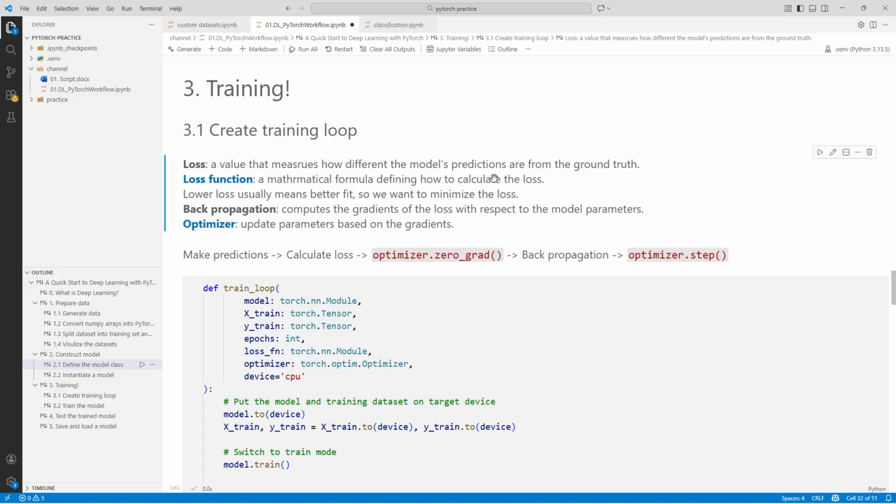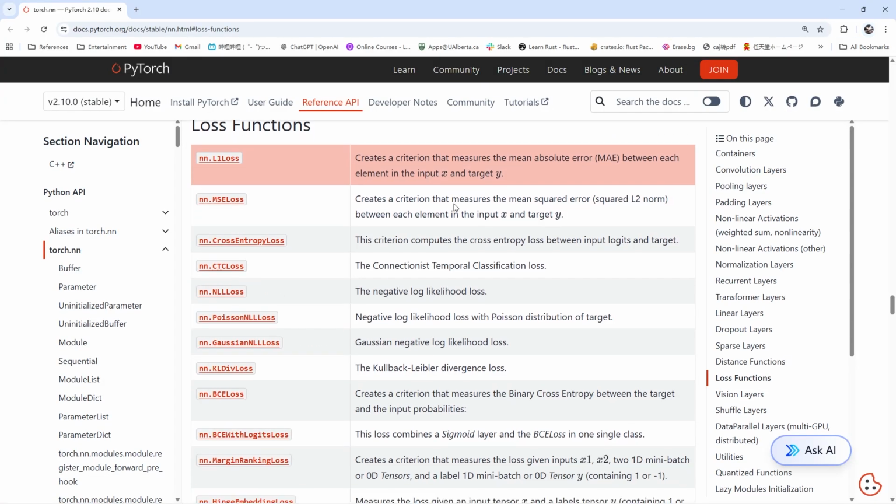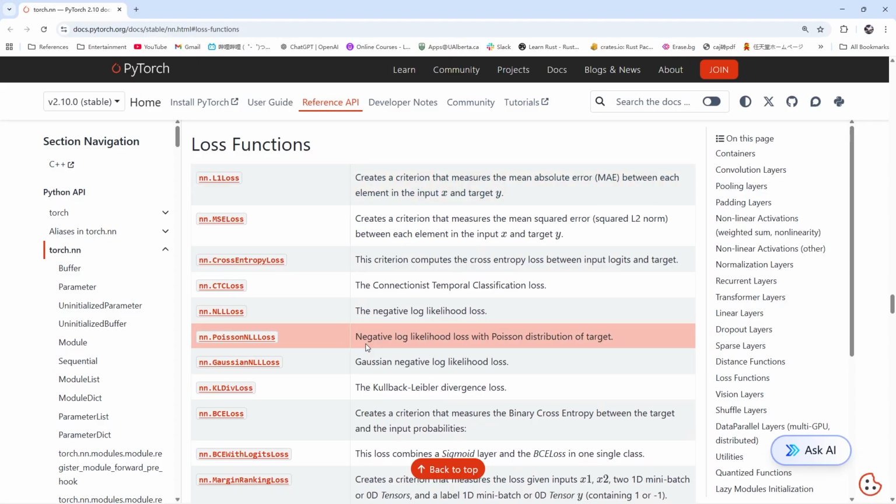We use loss to measure how different the model's predictions are from the ground truth, and we use a loss function to calculate the loss. Same as the selection of the layers, we also have so many different choices of loss functions. Typically, we need to pick different loss functions according to different specific tasks.